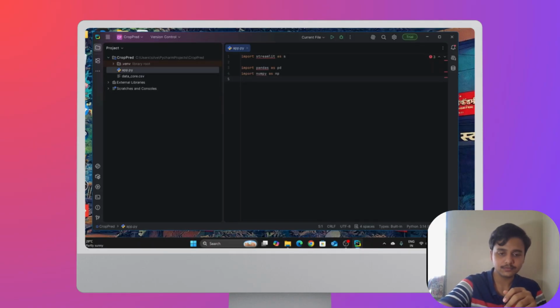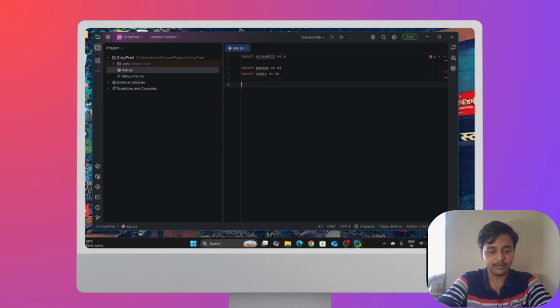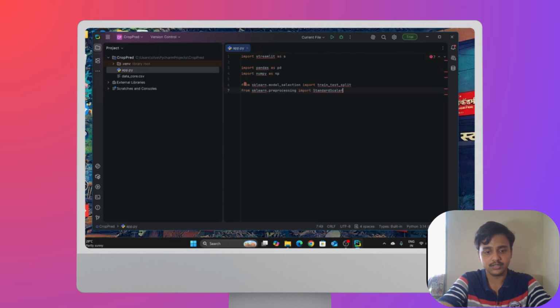So I'm going to write from sklearn.model_selection import train_test_split. Then from sklearn.preprocessing import StandardScaler, LabelEncoder.